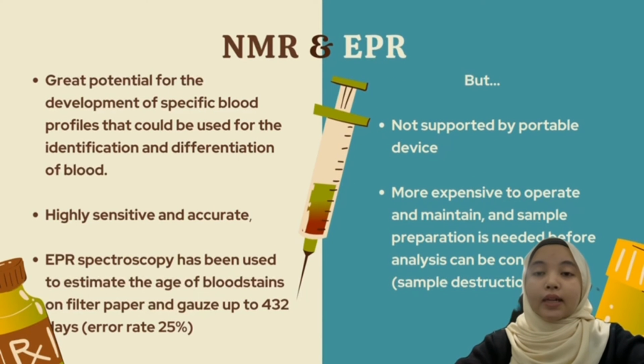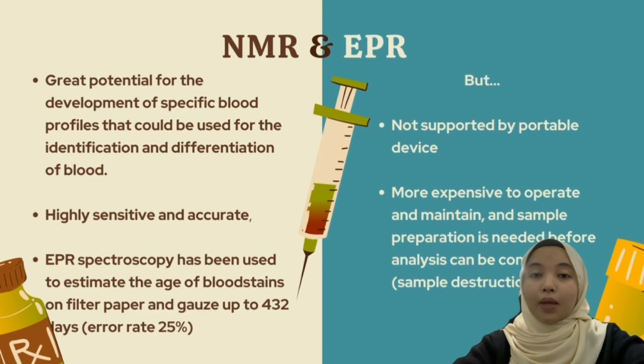Proceeding to the next technique, which is NMR and EPR spectroscopy. These technologies have great potential for the development of specific blood profiles that could be used for the identification and differentiation of blood. But unfortunately, these techniques are complex and not supported by portable devices, meaning that specialists and laboratory analysis are required. EPR spectroscopy has been used to estimate the age of bloodstains on filter paper and goes over